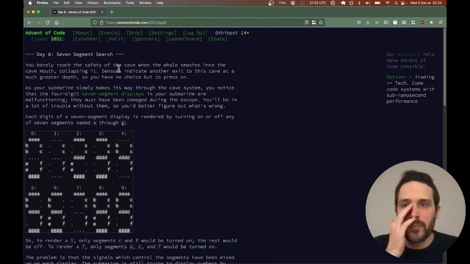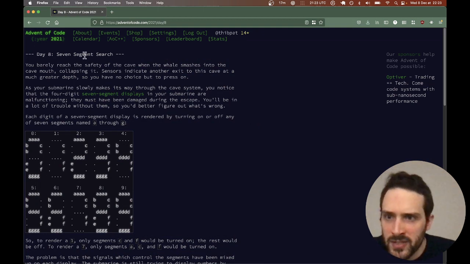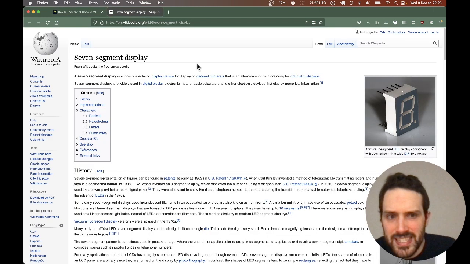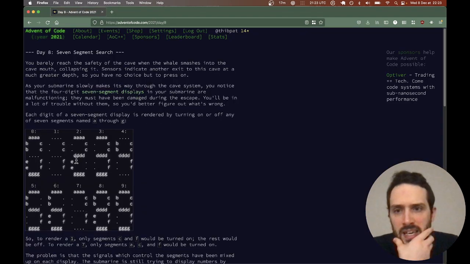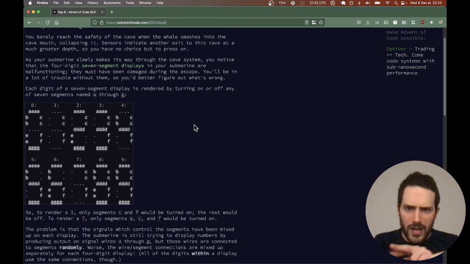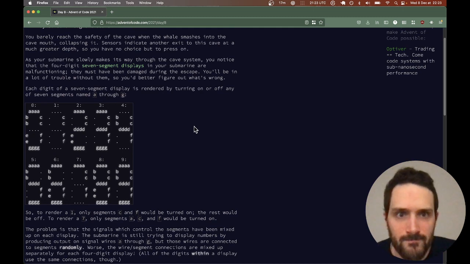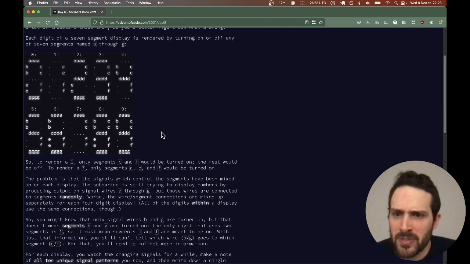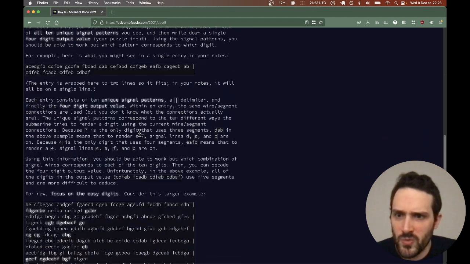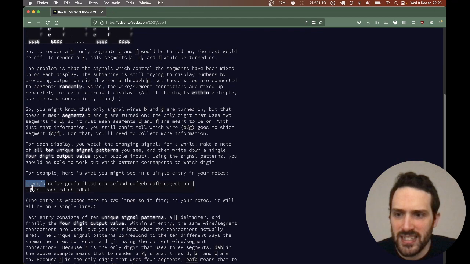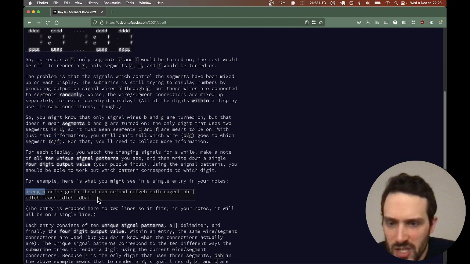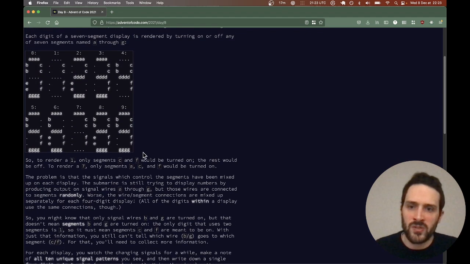So today we have something about 7-segment search. We have a 7-segment clock. That's 7 segments. And the problem is that the wiring has been messed up. It's not clear what happened, but we just have these weird things that say some stuff about the numbers. So what I would like to say to start,